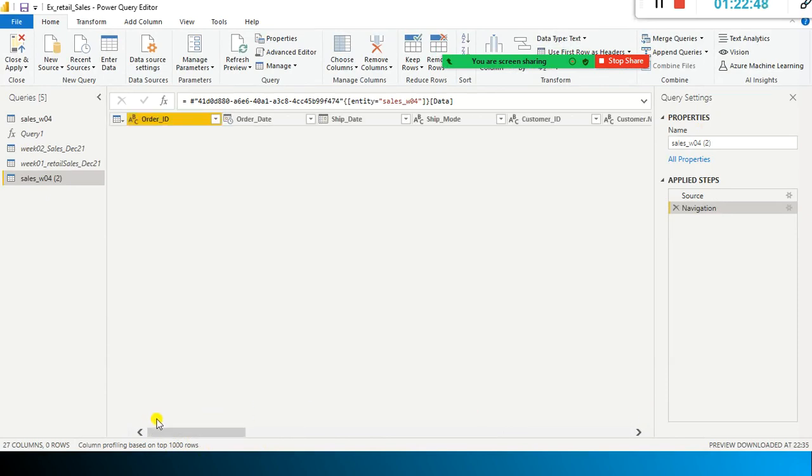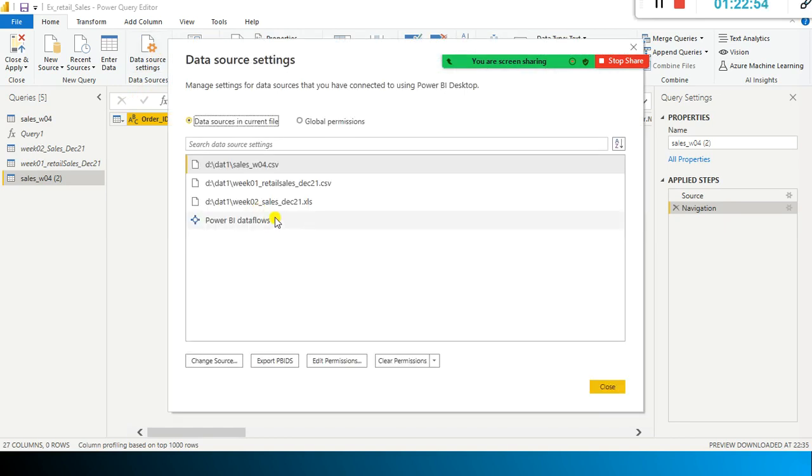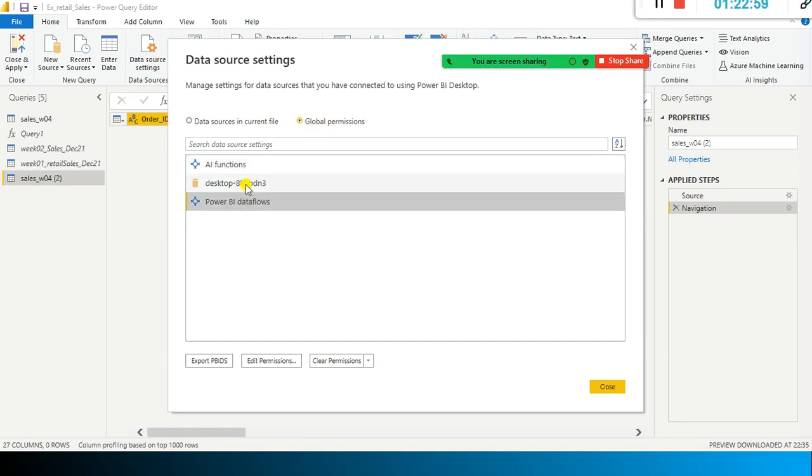So the next step is, this is where I think you need to specify the data source settings. Okay, and here I just specify this one, Power BI dataflow, edit permissions.